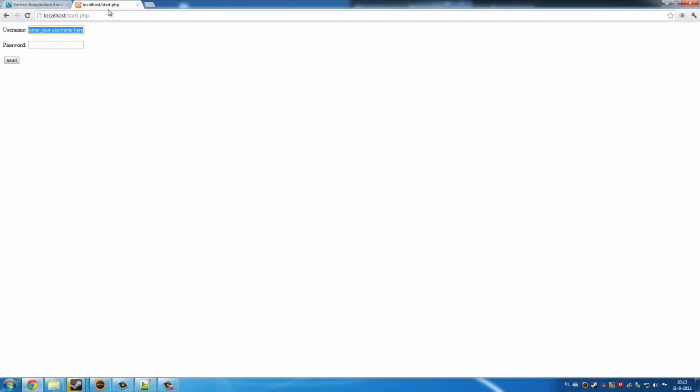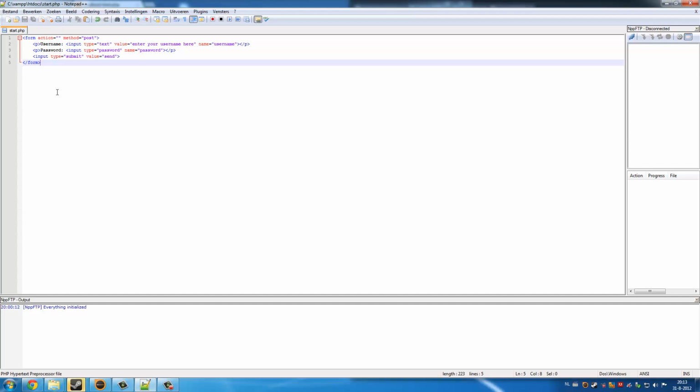you will see here you can enter your username, like Niels. Then I'm going to add a password, like hello world. Now it sends, you see it sends it to itself, but now we need to retrieve the data from it, which is